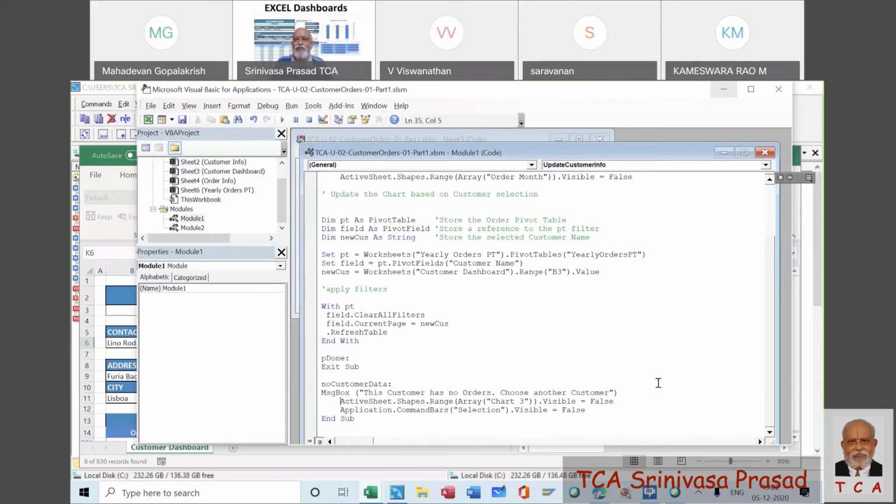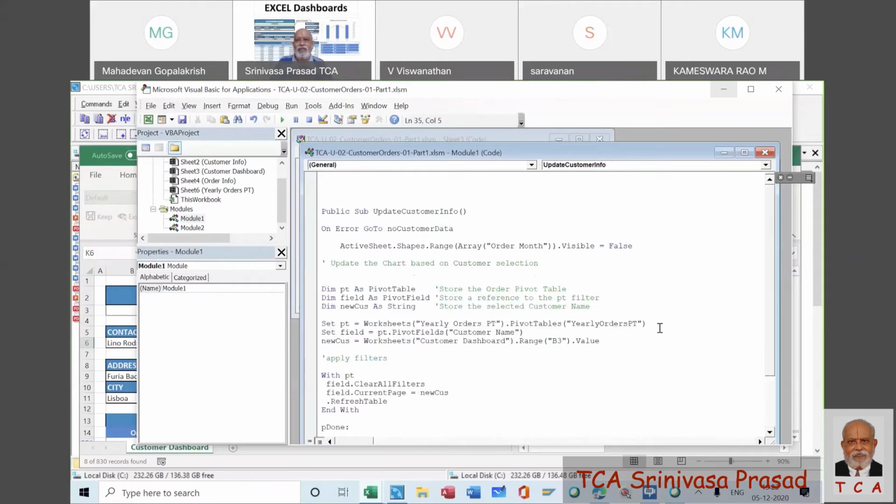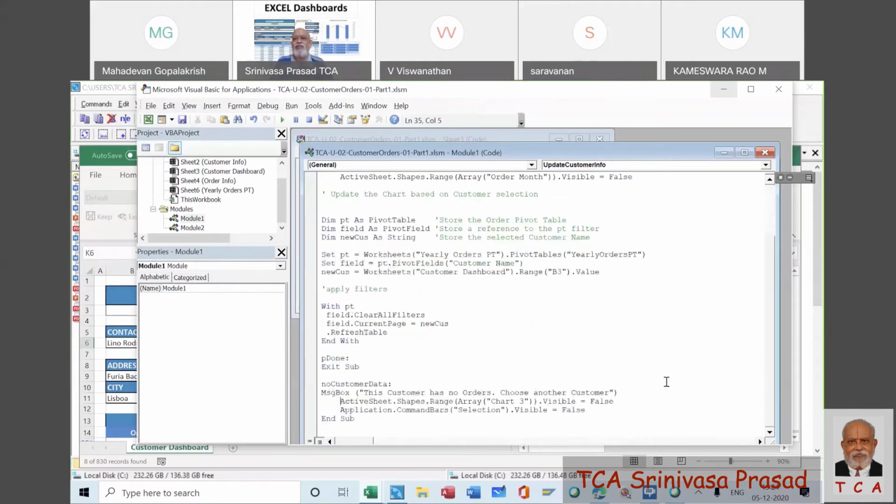What you have now removed, these two, you have put in the no customer order case. But if there is a customer order, these charts should come. No, you have now removed it totally. So it will work whether there is a customer order or not. If it is there also, it will not show. If there is no customer order also, it will not show because you have made it false.